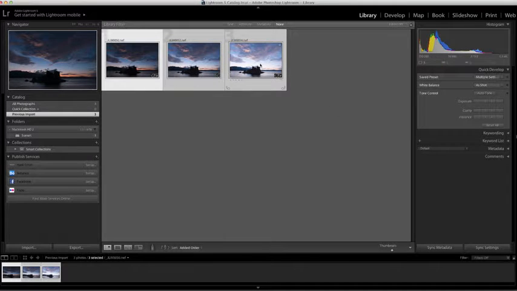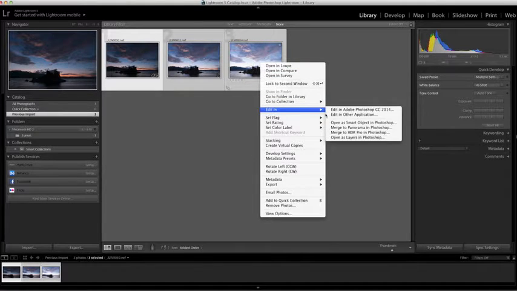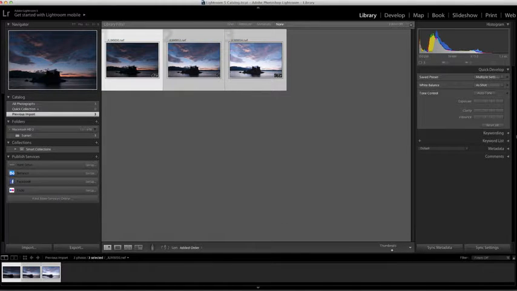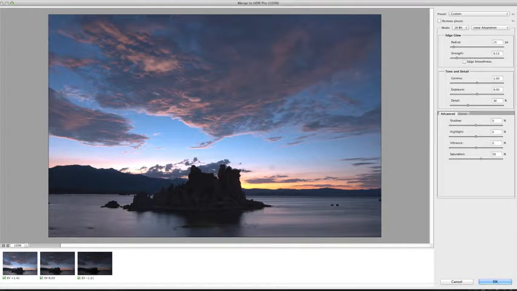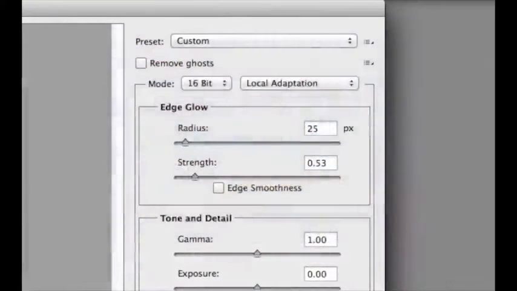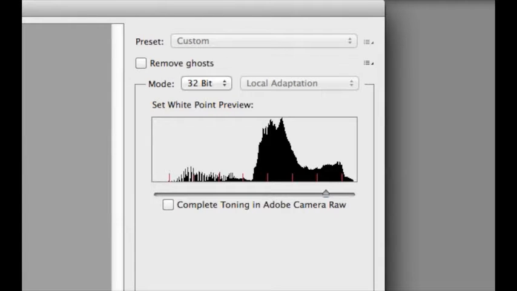Returning to the Library module, we right-click the selected photos and choose Edit in, Merge to HDR Pro in Photoshop. In the Merge to HDR Pro dialog box, we see a preview and the thumbnails of the images you're merging. In the upper right area of the dialog box, be sure to choose 32-bit from the Mode menu. And since we're going to do the toning in Lightroom, make sure the Complete Toning in Adobe Camera Raw option